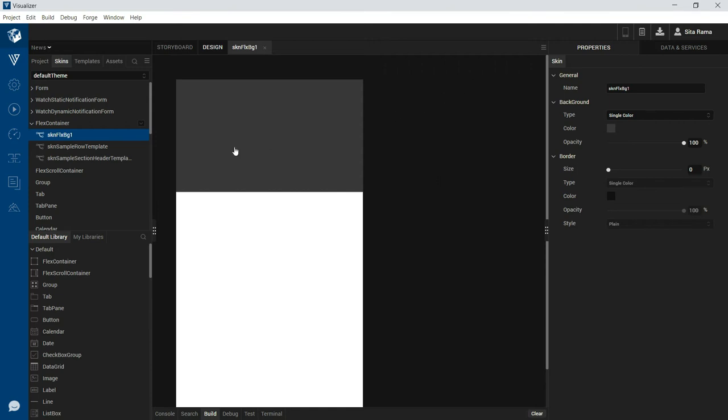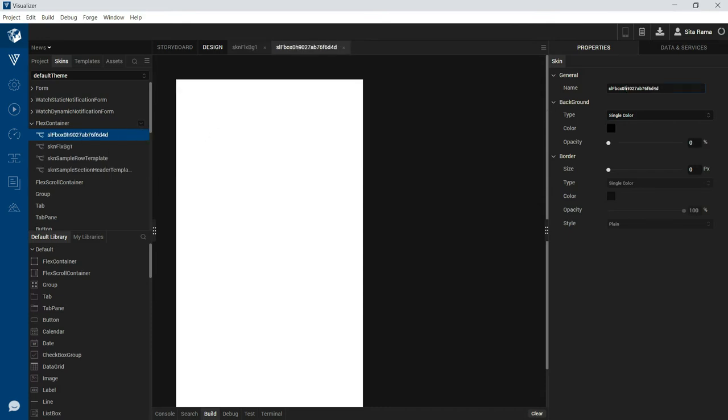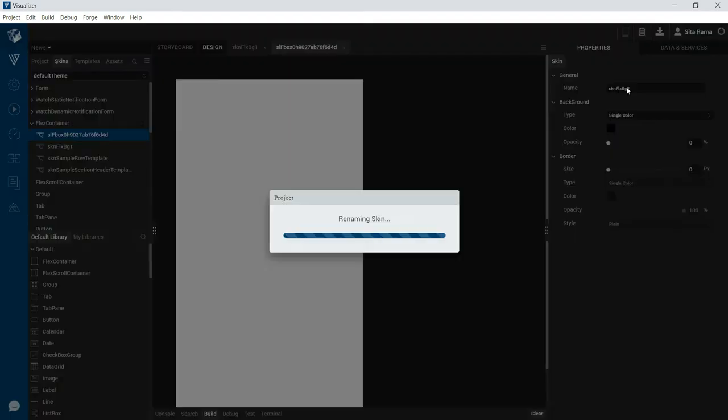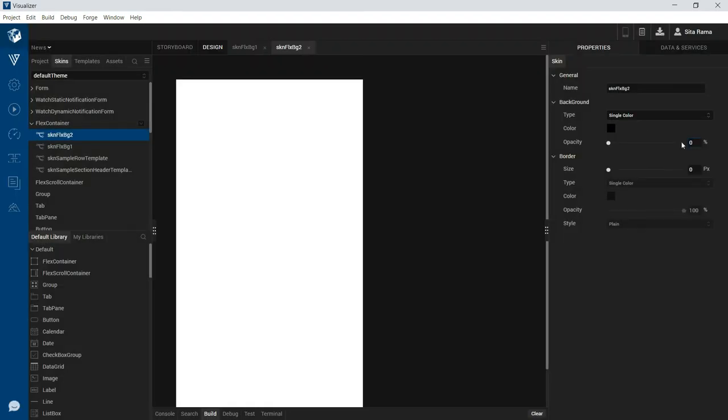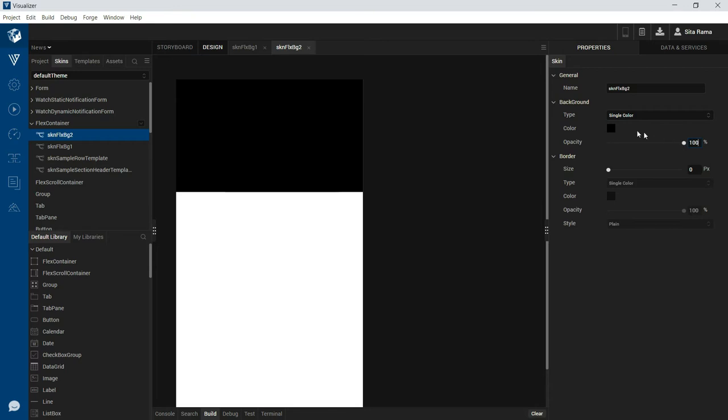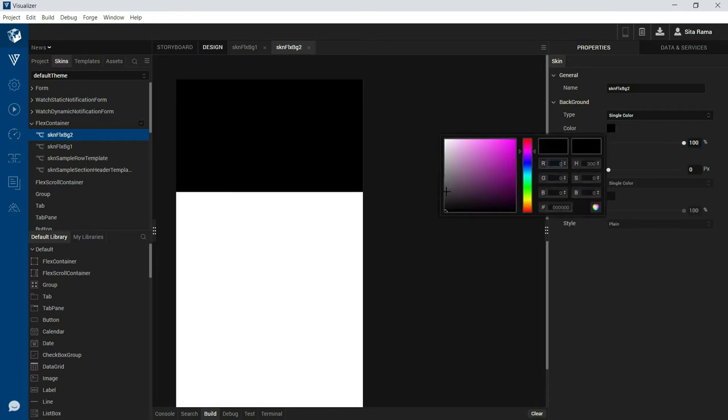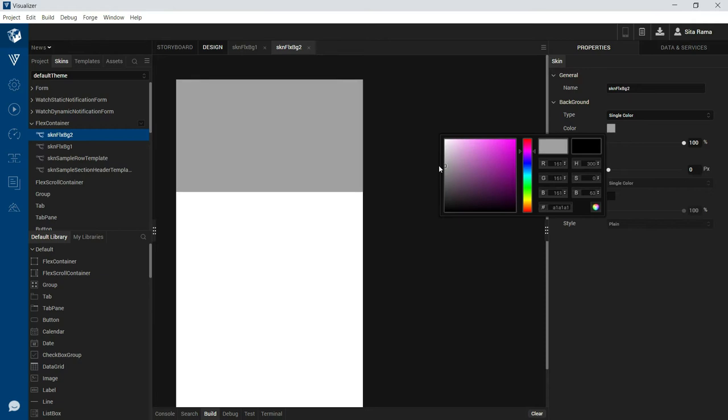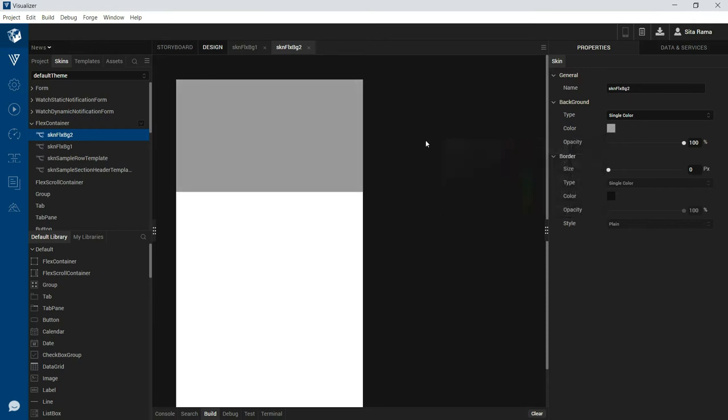Let us create one more skin for the Flex container, with the light color background. So that's the second skin that we have created for the Flex container.